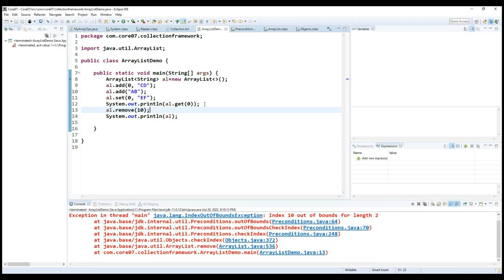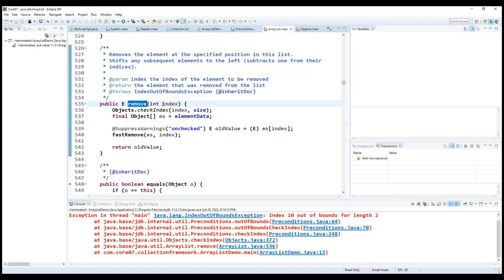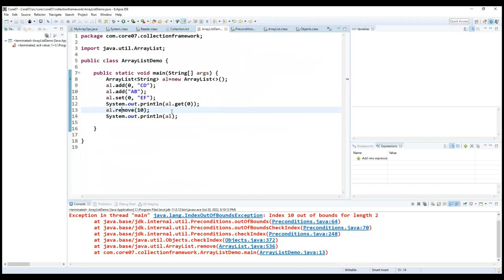Now you can see again I'm getting an exception. Okay, because here what we need to understand is that in the remove method we are passing an int value. An int value is nothing but the index here. Whenever I pass this particular index, internally we are checking the index again. Because of that we are getting an error. Now if I provide 0,